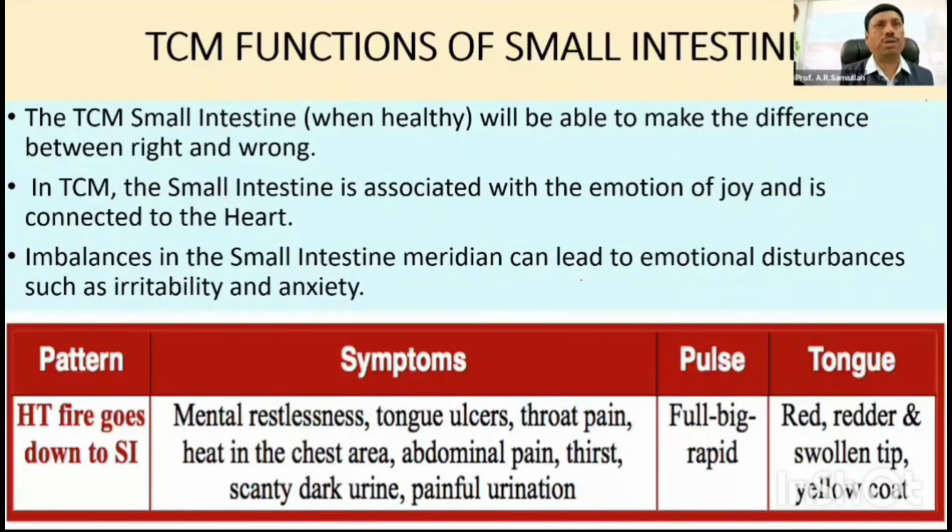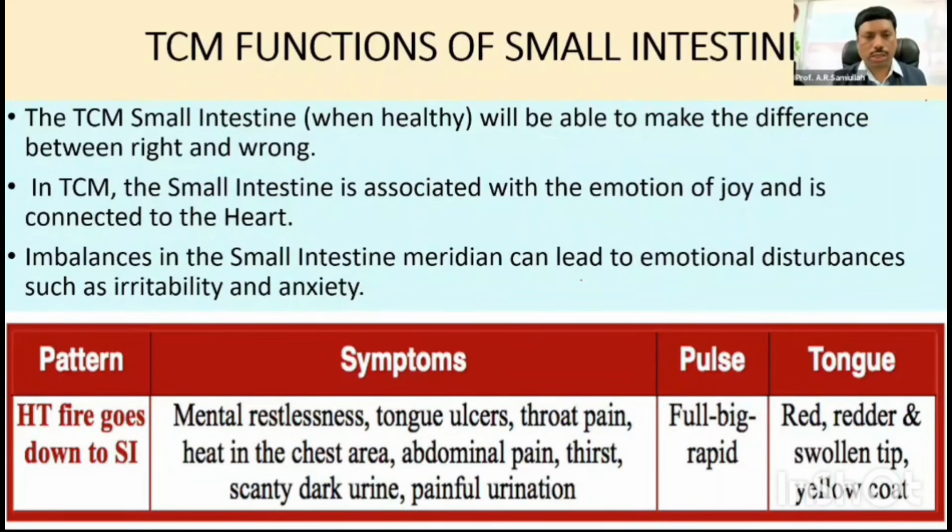So perhaps people say, I have a burning sensation in my chest region. There are numerous reasons for a burning sensation in the chest, so don't take it in a very simple way. Cardiac problems can also cause burning in the chest, and ulcers are also a reason. A hiatus hernia is also a reason. GERD, gastroesophageal reflux disease, is also a reason. Perhaps HCl, hydrochloric acid, is secreted in a greater amount than what is required by the stomach, and that is also a reason to cause the burning sensation. Therefore, we try to find out what could be the reason.